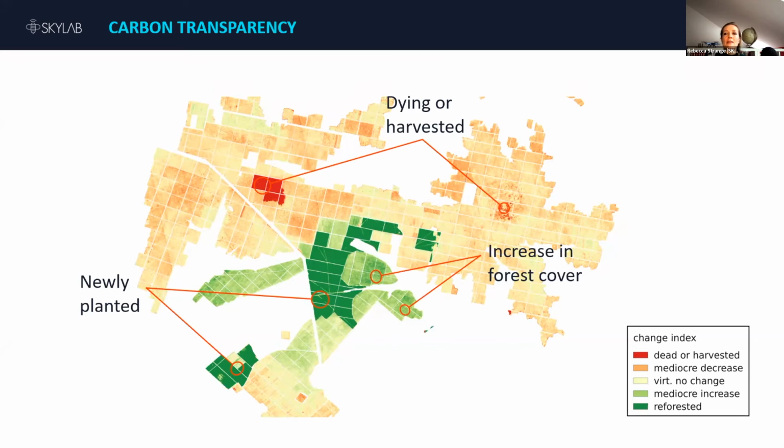So this allows you to see very clearly areas where the plantation is being harvested or illegally logged, for example, here shown in bright red, where it's dying off, which is that patchy red that you can see, where the forest is thriving and growing, shown by the light green, and areas where there's actually newly planted forest, which shows up as that really nice bright green.